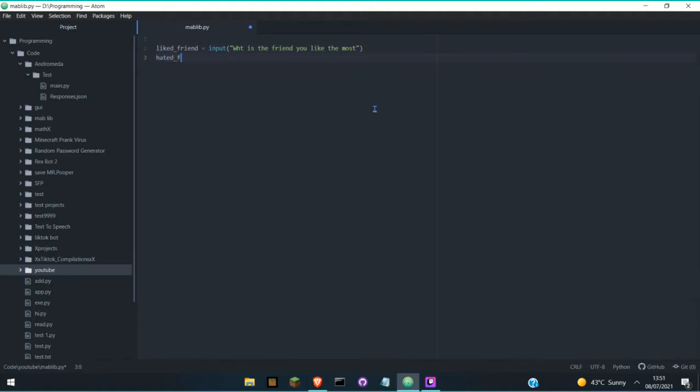And then we can do hated underscore friend, and we can do another input here and say, what is the person you hate the most? Okay, and then you can print the statement. So we can do print,